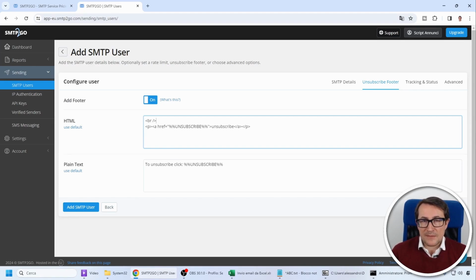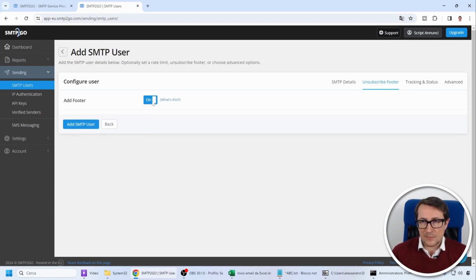It means that if the next day you send them an email with this solution I just showed you, even if their address was included in the recipients, that email won't arrive because the system will filter out everyone who has unsubscribed. So it's a double-edged sword. I might advise against adding it for communications with your clients that need to get through, but for newsletters, it could be a good idea to activate it.